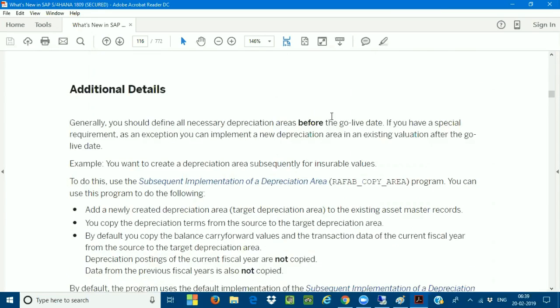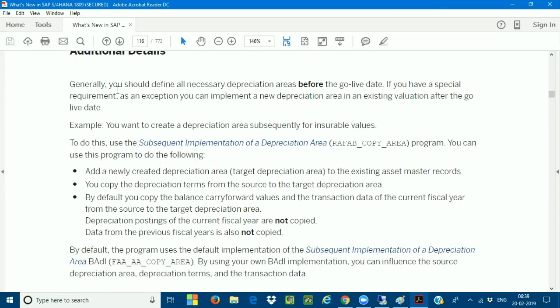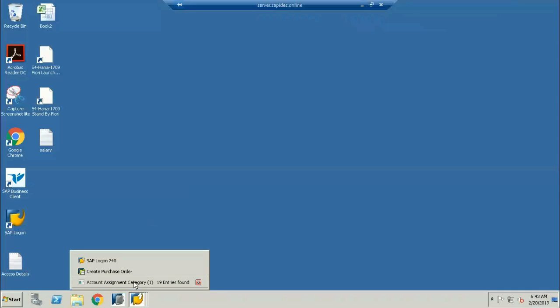So here, these are some of the details. Generally, you should define all the necessary depreciation areas before the go live date. If you have a special requirement as an exemption, you can implement a new depreciation area in the existing valuation after the go live date also. See, for example, here, if I see the asset master record,